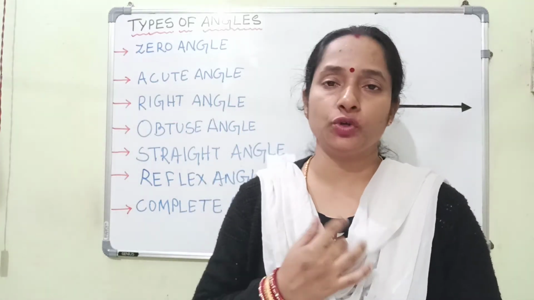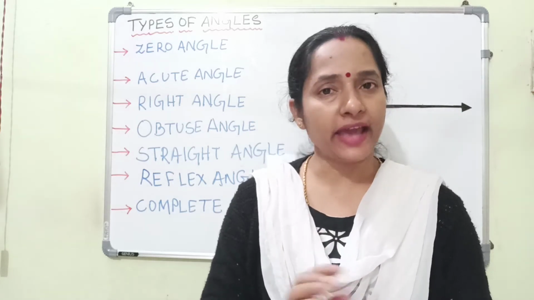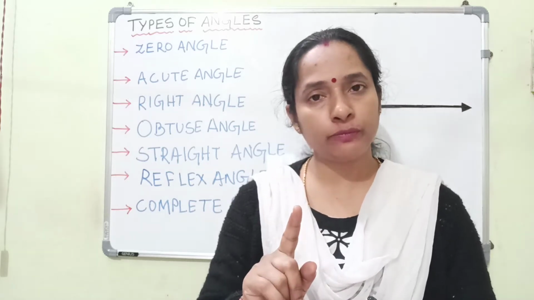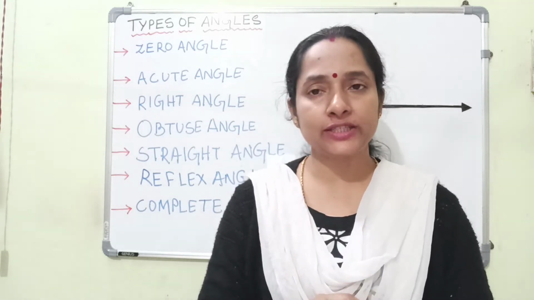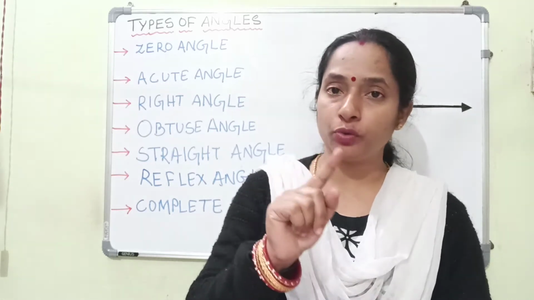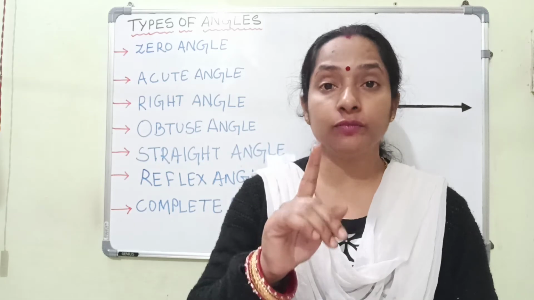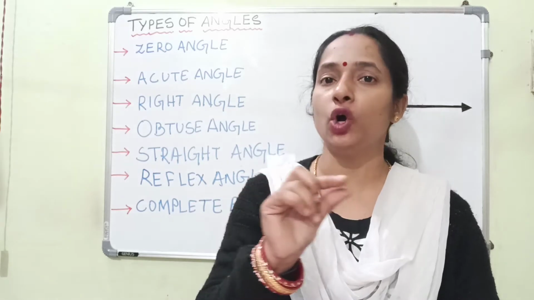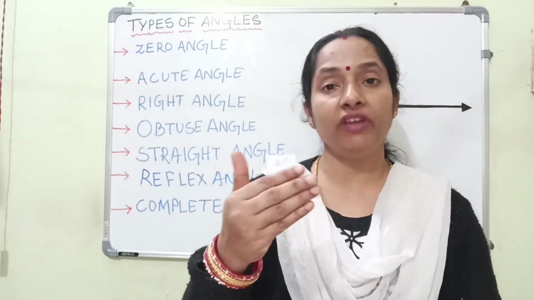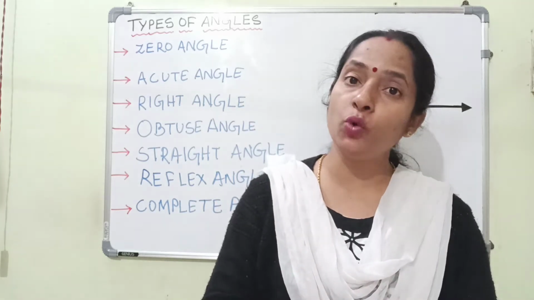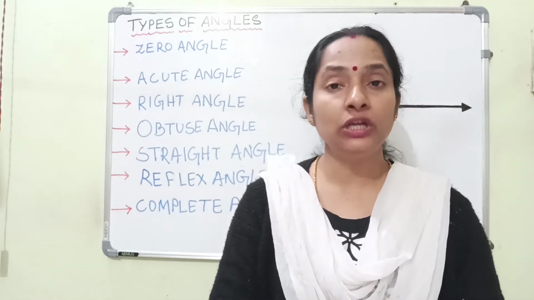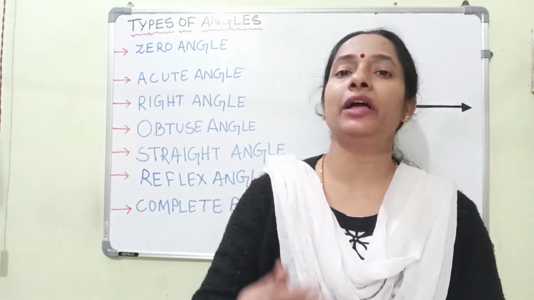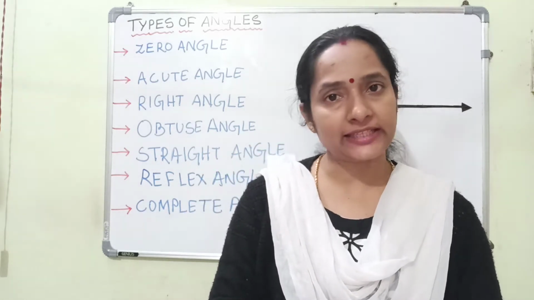Children, in the previous video, we already learned what is an angle. An angle is a figure that is formed by two rays that have a common endpoint, where the common endpoint is called the vertex of the angle and both the rays are called the arms of the angle, out of which one arm will be considered as the fixed arm or initial arm, whereas the other arm will be considered as a movable arm or the terminal arm. Now, the space that is created between an initial arm and a terminal arm is called an angle.